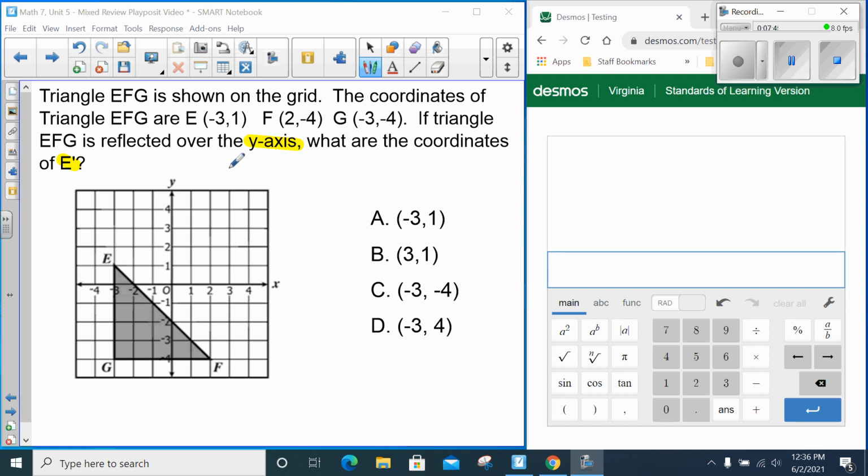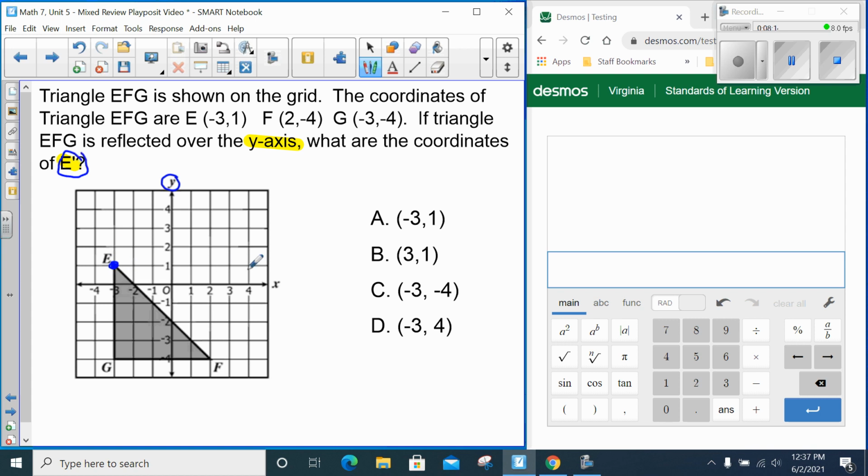So they told us 2 really important things in the question. They said that we're going to reflect over the y-axis. Remember, that's this vertical axis here. So we're going to be reflecting over that or across it. It also asked us for the new coordinates for E prime, which means we need to focus on that point E to start. So if I want to take this point E and reflect it over the y-axis,